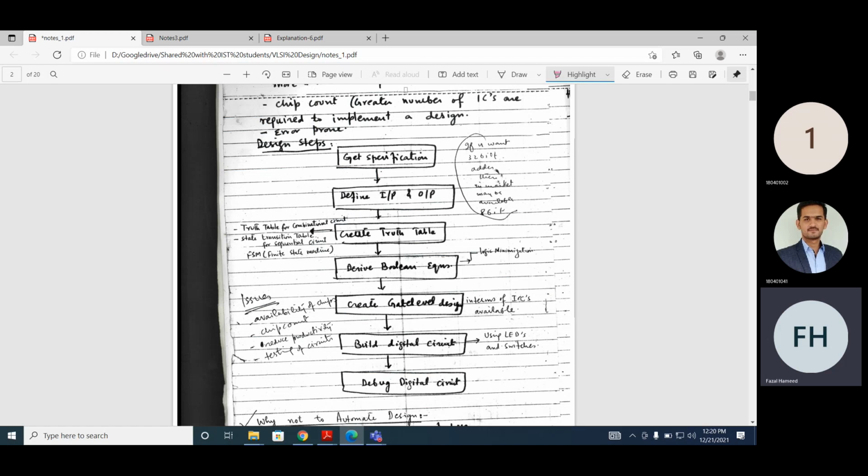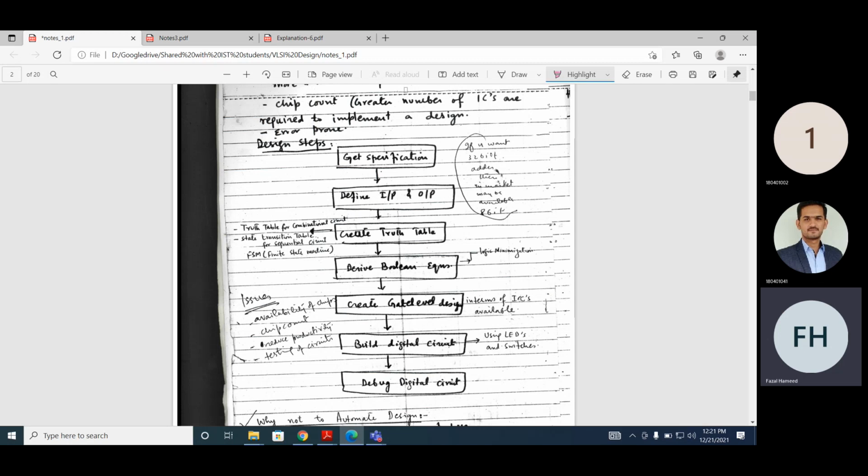And when you define the input and output of the module, then you create a truth table. You say, okay, for this set of inputs, I want this output. We have this truth table for various designs, and we studied this. What were the designs we studied? AND gate, OR gate. We also studied 2 to 4 decoder, 3 to 8 decoder, 8 to 16 decoder. We already studied priority encoder. So we had the truth table for these.